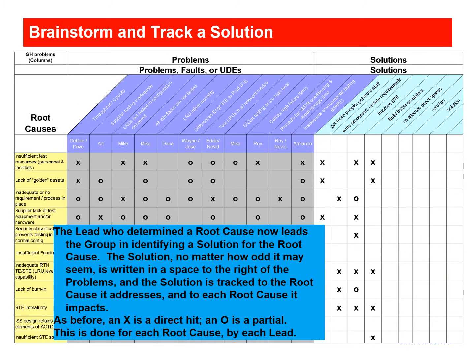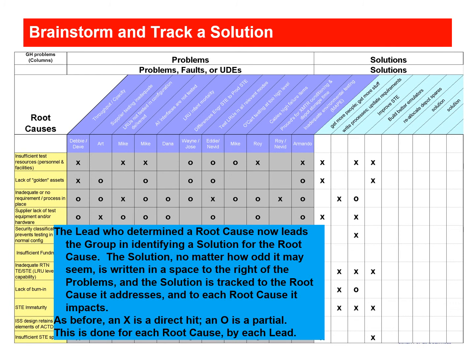Here you can see that the matrix is progressing, and the person, probably Debbie and Dave, who led the first solution development, get more people, get more stuff. Put an X in there, and then they drop straight down the column and put in X's. And then the next person, who knows who it would, probably Mike. All right, look at the X's that track along to the root causes and up to the name for the fault. Probably Mike led the next one about